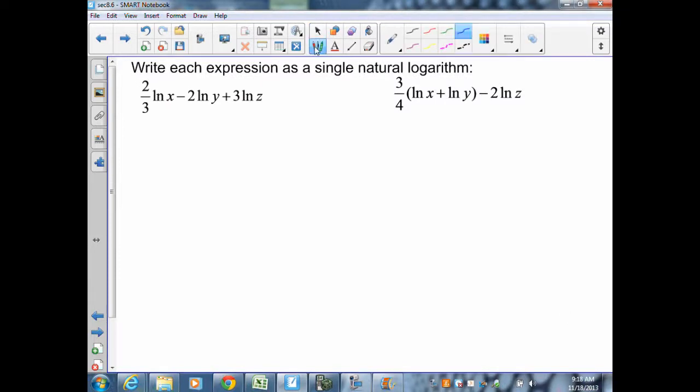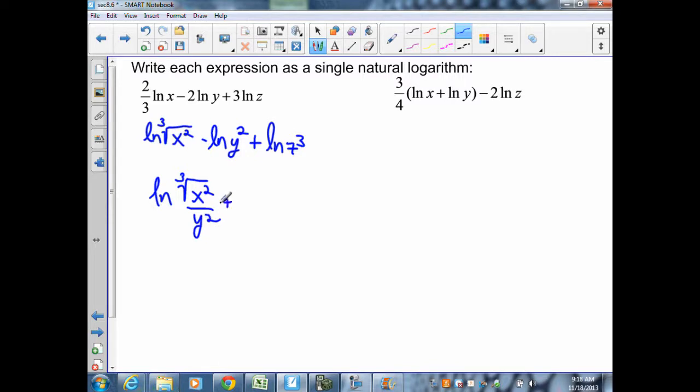Again, I want to write these expressions as a single natural logarithm. Here I'm going to have 2/3 ln x minus 2 ln y plus 3 ln z. Let's use the power rule to simplify. That's going to give me ln x to the 2/3 power, which is going to be the cube root of x squared, minus ln of y squared plus ln of z cubed. Let's perform the quotient property. That's going to give me ln of the cube root of x squared over y squared plus ln of z cubed. I'm going to simplify again, since the addition tells me this is the product rule. That's going to give me ln of z cubed times the cube root of x squared